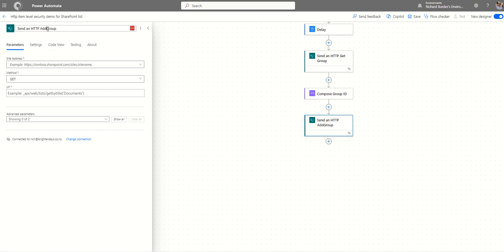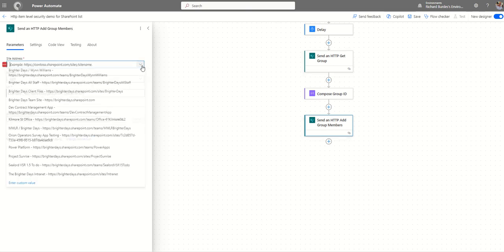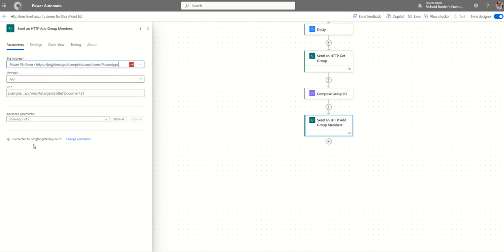We're going to go add group members, just to make sure you've got it. Sometimes you just carry on and forget that it's kept the same name as a previous step, and then you end up saving it, and then you wonder why it's not saving. Okay, Power Platform, what we're going to do is post,